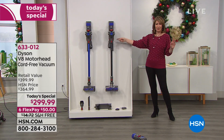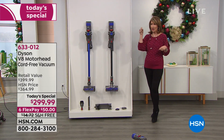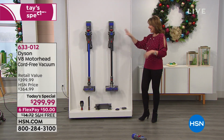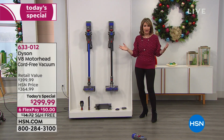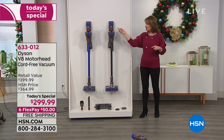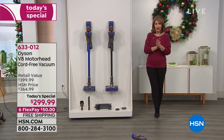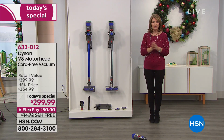If you use the docking station, just put it in your laundry room. That's what I would do. Or in your closet, somewhere where you open the door, behind the door. It's not gonna take up any space, and then it's ready to go when you need it. Or as I said, if you don't want to put up the docking station, not a problem. Just plug her in and she'll be locked and ready to go for you anytime you need to vacuum